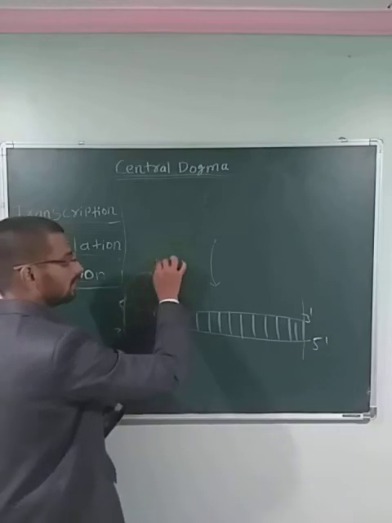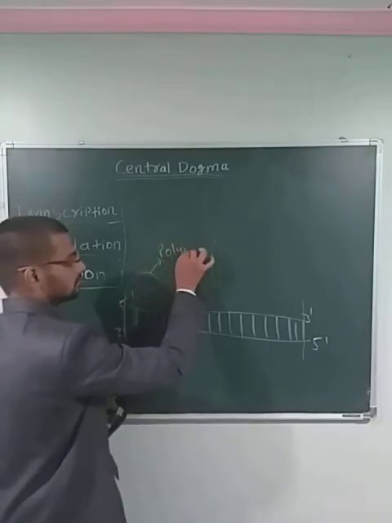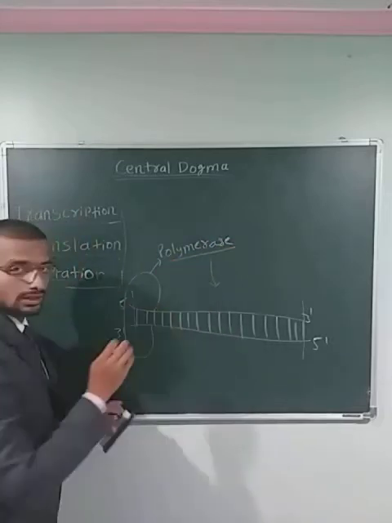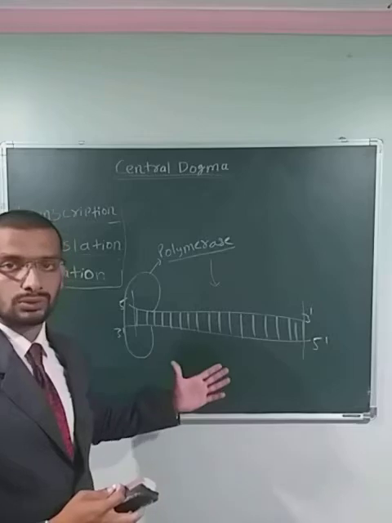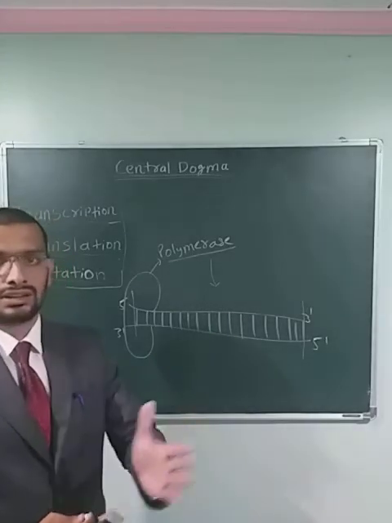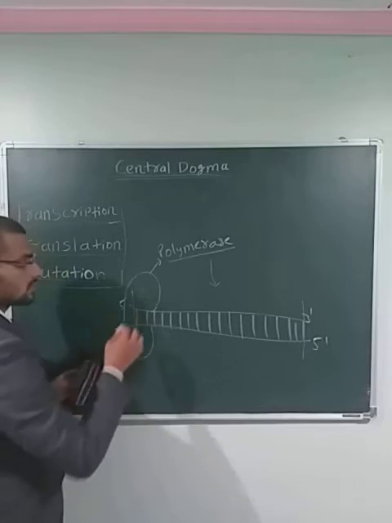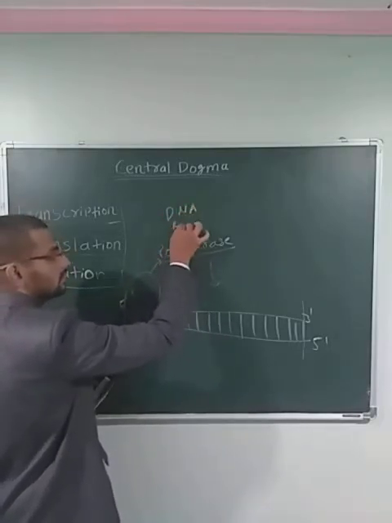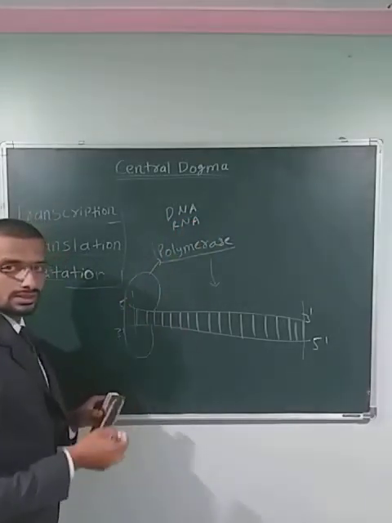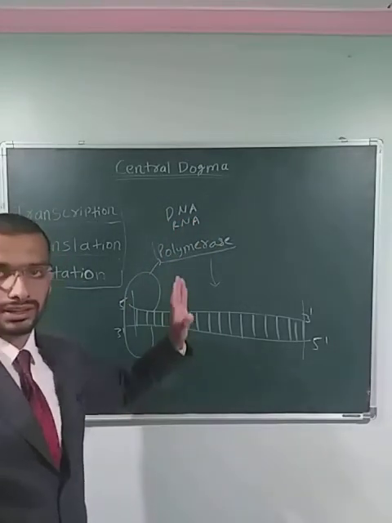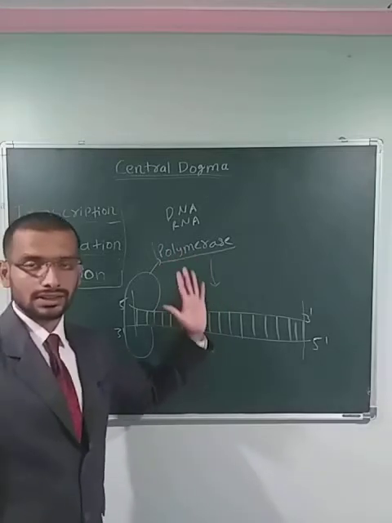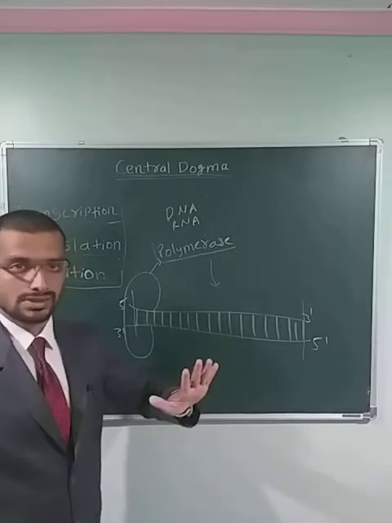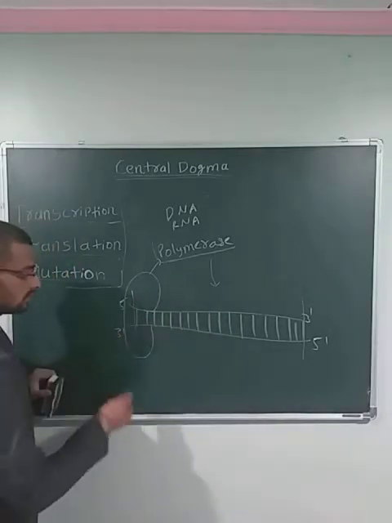First, the polymerase attaches to a start codon, for which we have to transcribe its mRNA to translate its protein molecule. So polymerase can be of majorly two types: DNA polymerase and RNA polymerase. Subdivided into 4 types: DNA dependent DNA polymerase, DNA dependent RNA polymerase, RNA dependent DNA polymerase and RNA dependent RNA polymerase.